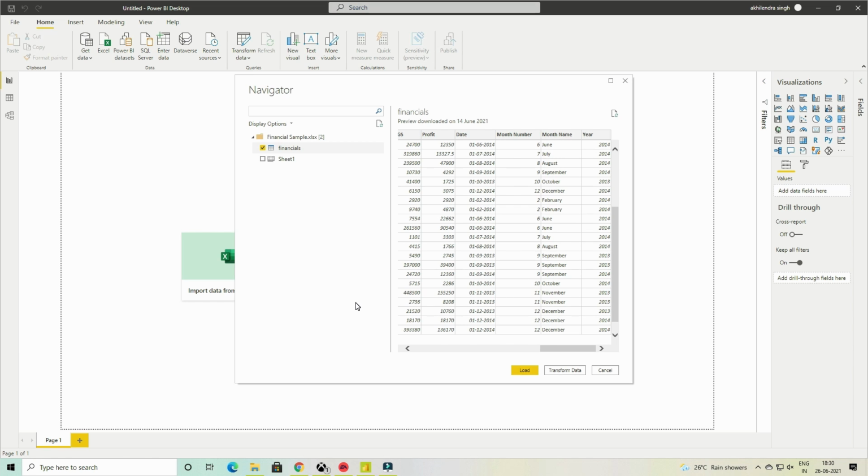And finally, data visualization. So, data visualization is the last step, or second last step, where after data visualization, you will publish the report and share it with your team, where Power BI service comes into the picture. So, for now, we are just going to focus on Power BI desktop.